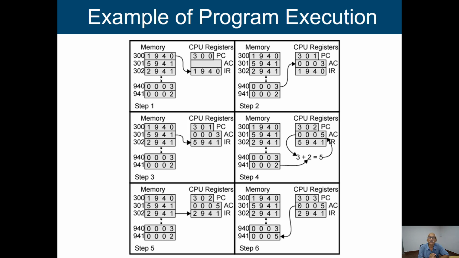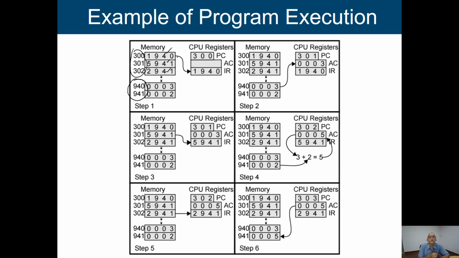Now, coming back to this particular situation, you just see what it is doing. Already we said that these are some registers and this is the memory location. We are having a memory, and these are the addresses of the memory locations, and we are working with 3 memory locations now: 300, 301 and 302. In the same slide we are having 3 memory locations, and along with that we are having an additional 2 memory locations, 940 and 941. Inside those we are having some values.